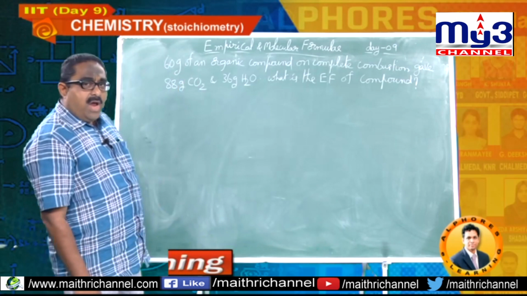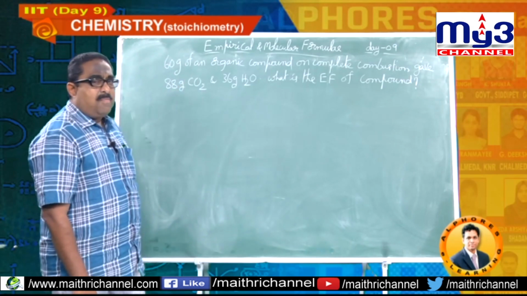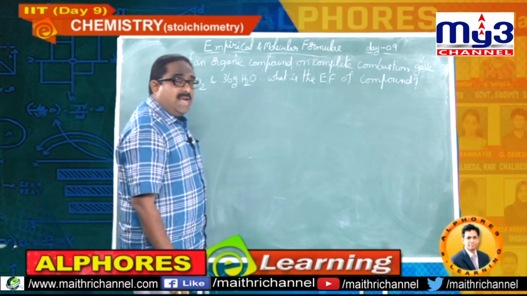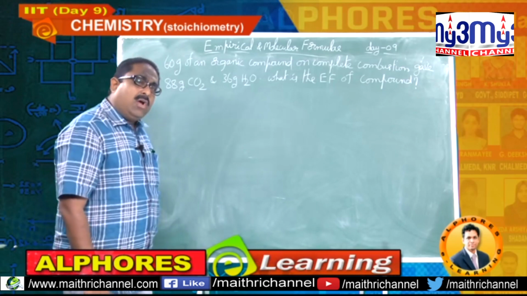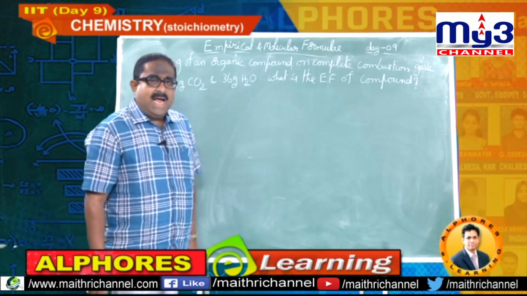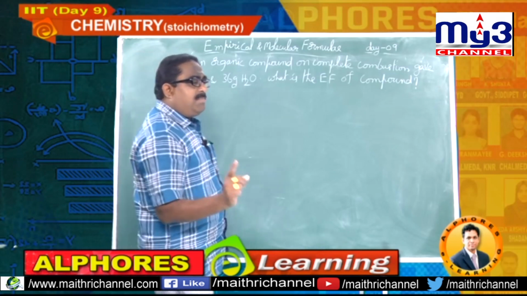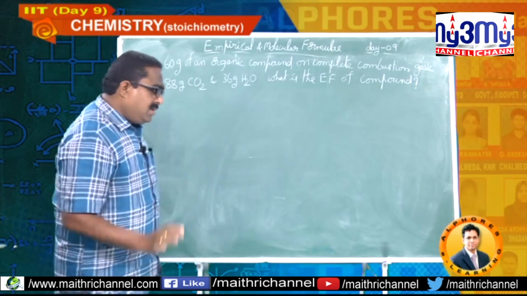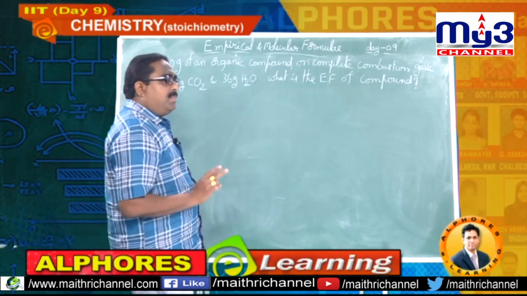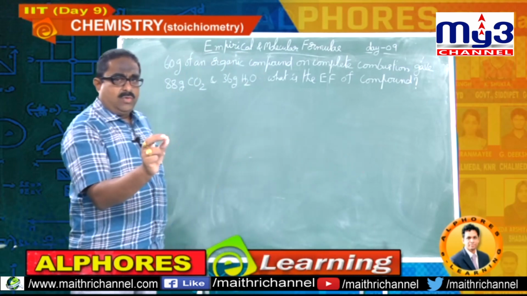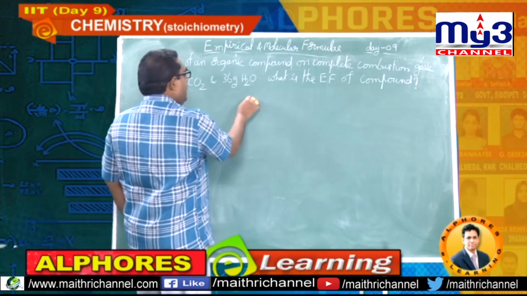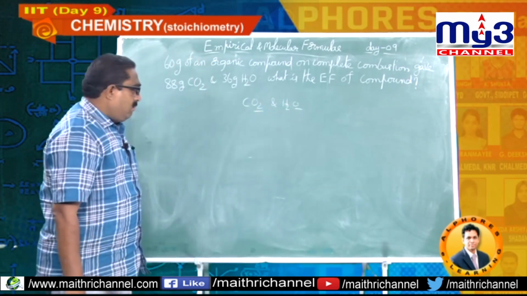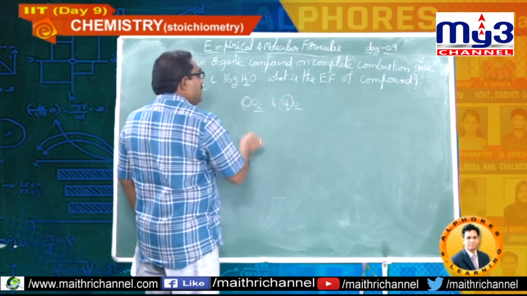So first we have to get the percentage composition by mass, and then only we are going to solve for the empirical formula. Any hydrocarbon, I am repeating once again, students, any hydrocarbon means carbon and hydrogen, only two elements will be there. Any hydrocarbon on combustion always gives only two compounds, CO2 and H2O. Here I am writing CO2 and H2O. The common element is oxygen, and carbon and hydrogen are different.